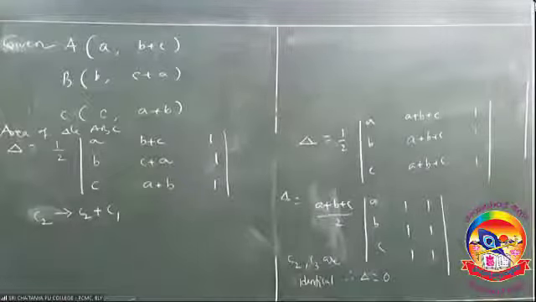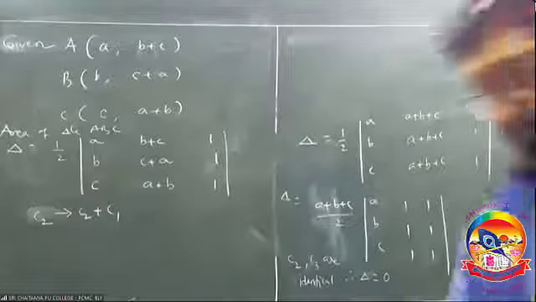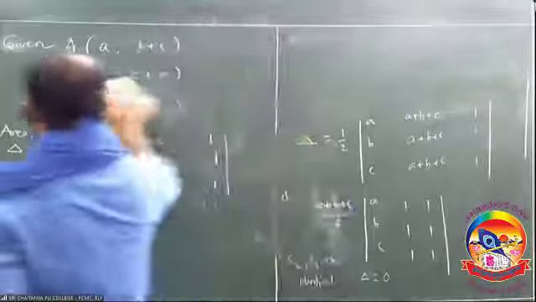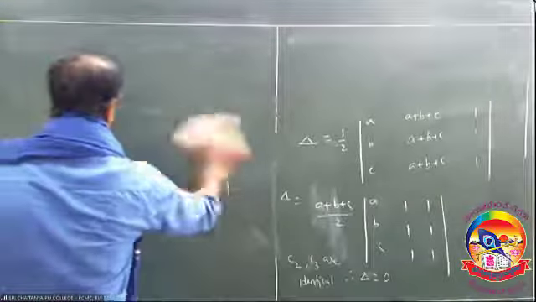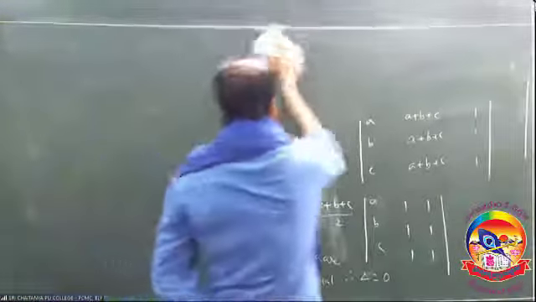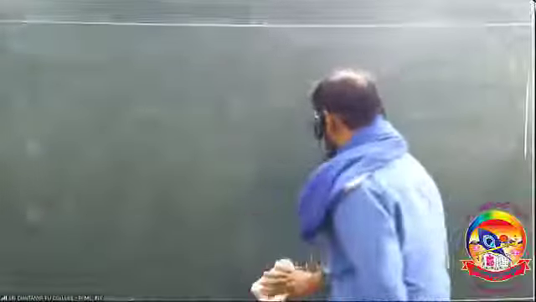Copy this one, please copy this one. I hope you have copied. Write the last step: therefore, the given points are collinear, since area of triangle ABC is equal to 0. Tomorrow we can do some more problems concerned to this exercise and also the next exercise. Thank you and good day.